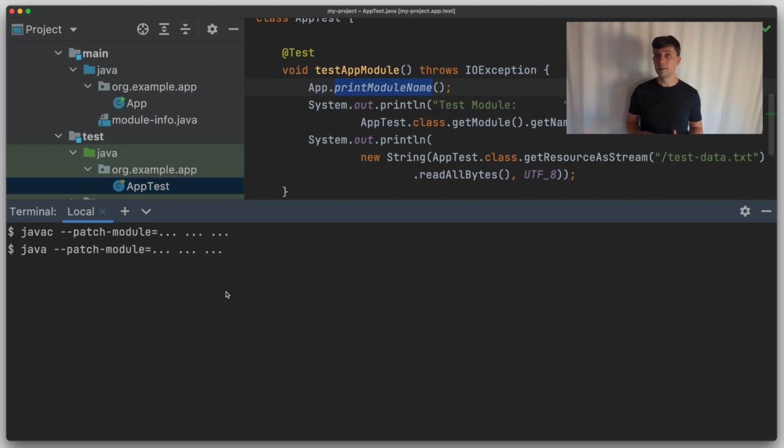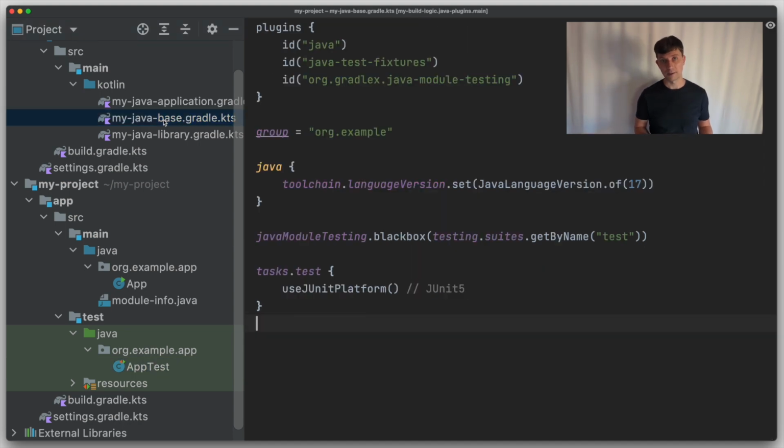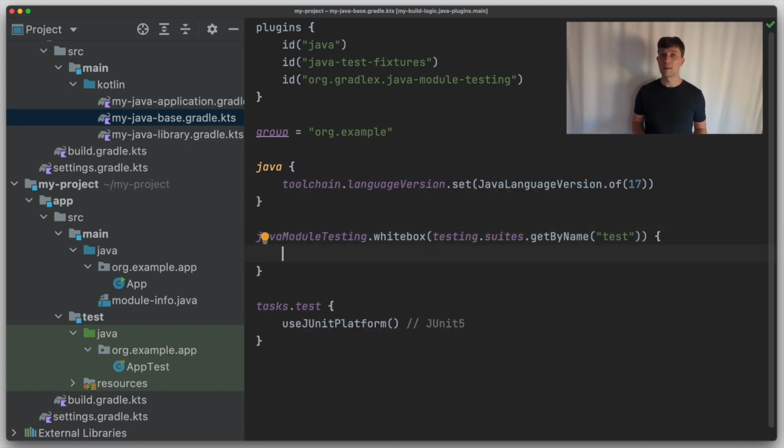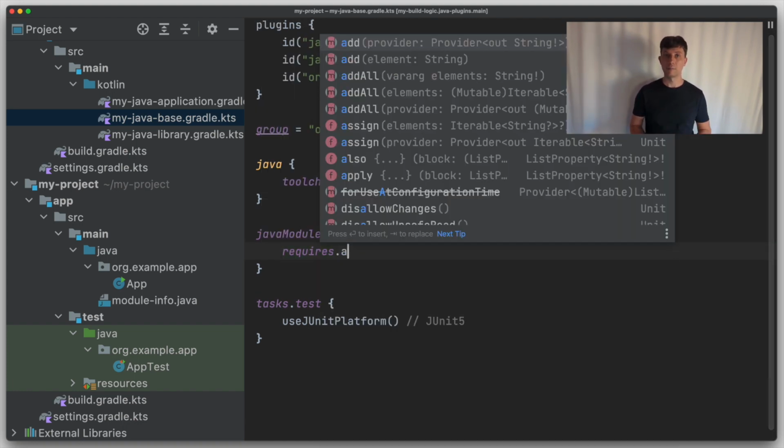So this is tedious to configure, although you can configure arbitrary arguments for the compile task as well as for the test task. I won't do this here, but instead recommend also to use the Java module testing plugin. We can say that our test suite is white box, and the plugin will reconfigure the task with all the needed patching arguments.